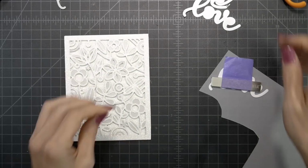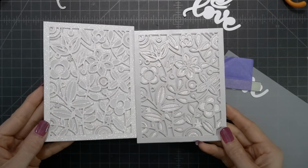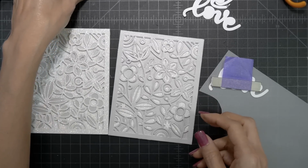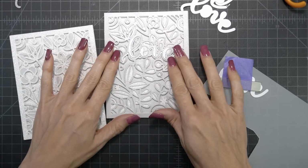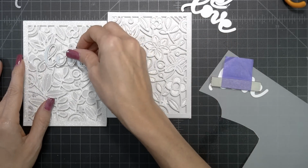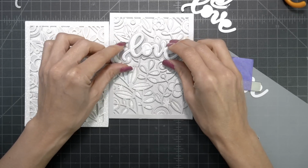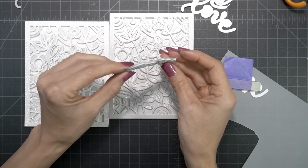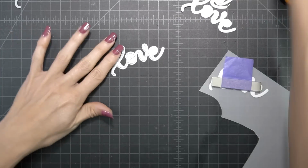Now for my final card, I went back and I thought, well, what if I used the light pearl color with some Doodlebug glitter paper, or you can use any kind of white glitter paper. And I layered these on top of each other. And I wanted to add something simple like for a wedding card or something like that, but by itself, the sentiment just got lost. So I wanted to do something to try to make it pop a little bit more. And I layered them together, but it still wasn't enough. So then I cut a little piece of vellum, and I will show you how I made that